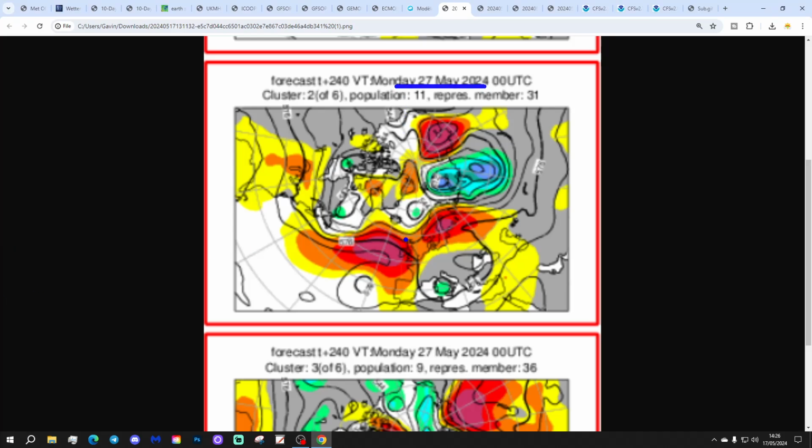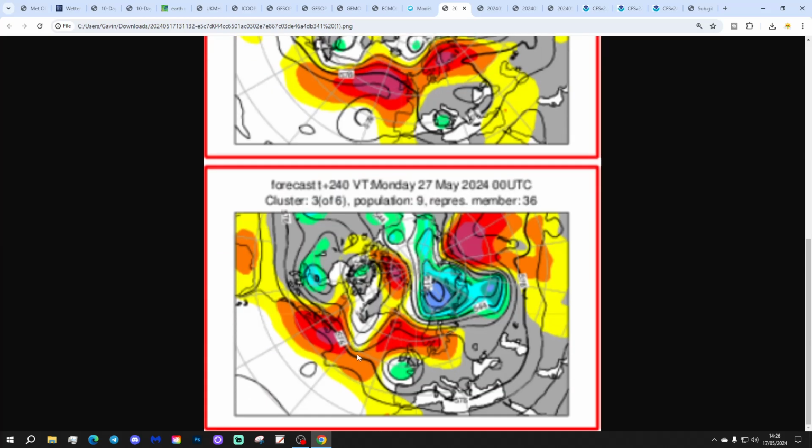We've got 11 with high pressure from the Atlantic into northern and west Europe. That should be mostly dry, probably quite warm. And then we've got 9 with high pressure to the north, low pressure to the south. That will bring more unsettled conditions into the southern half